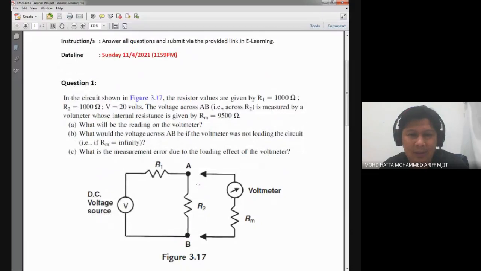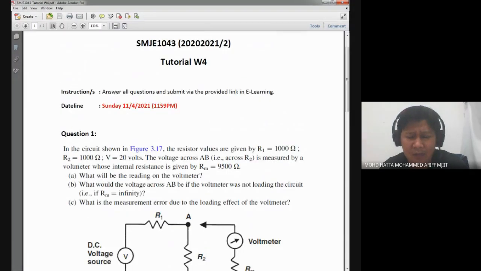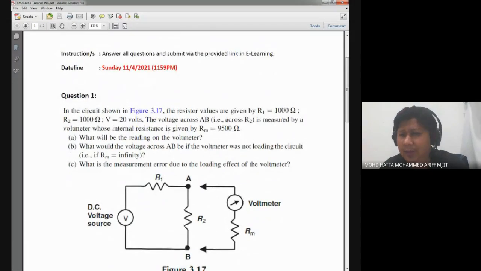Basically, this is a tutorial for this week, and you need to submit it by Sunday, 11:59 p.m., through e-learning. The objective of discussing the question today is for you to identify your mistake, and later on you can submit the correct one through the e-learning link. All right. For question number 1,